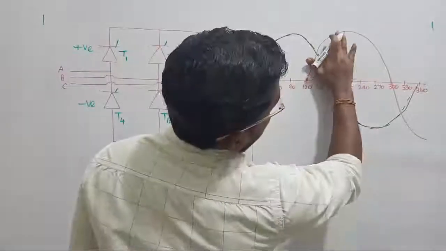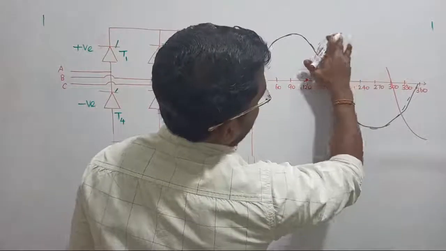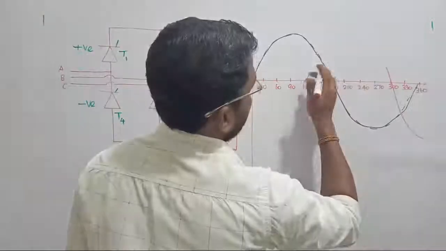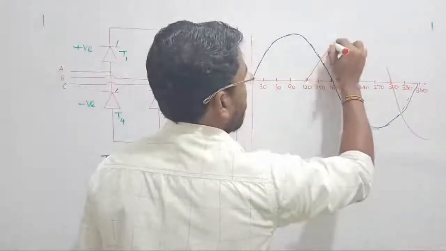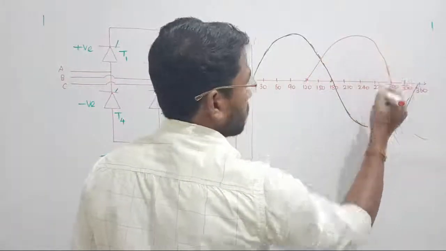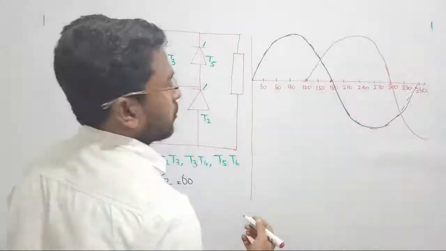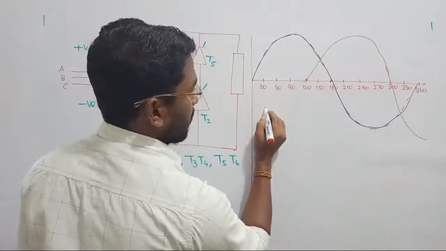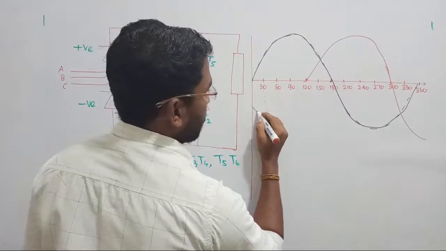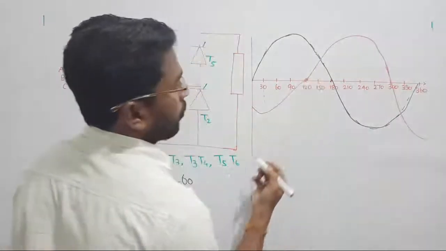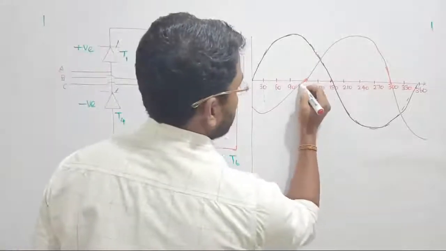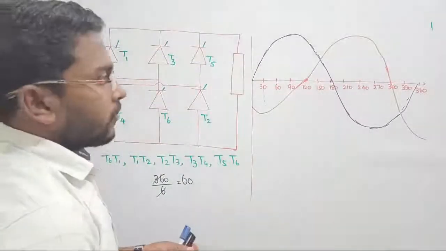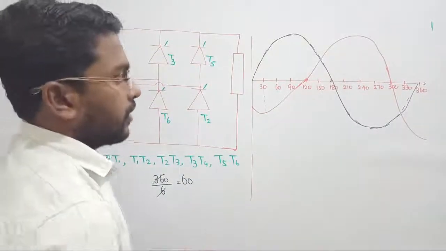Yes, I know this waveform is not looking like a purely sinusoidal one. Please try to draw a perfect waveform. Spend a few minutes, nothing is going to happen. Similarly, in the back side, 30, 60, 90. Exactly at 90, it will attain its maximum value and then it will go like this. Yes. Fine. When we are looking for the next waveform,